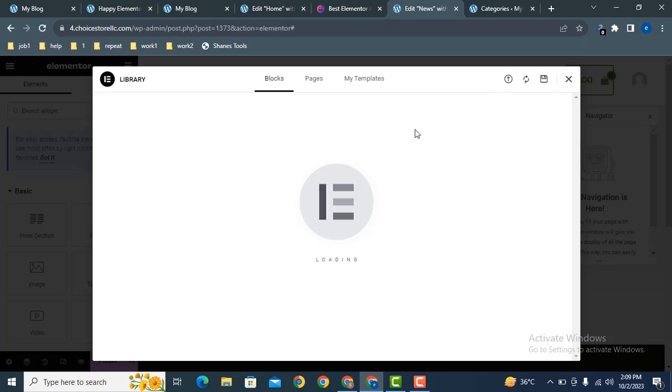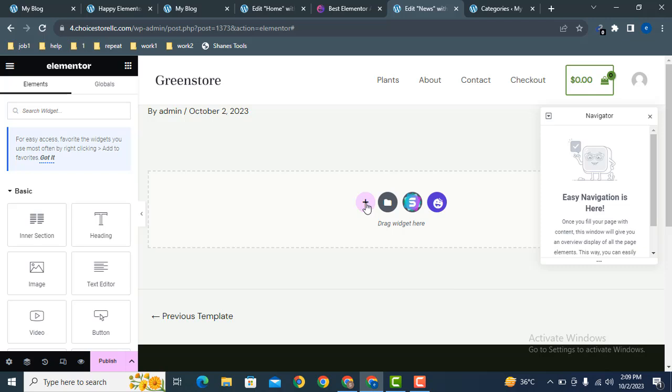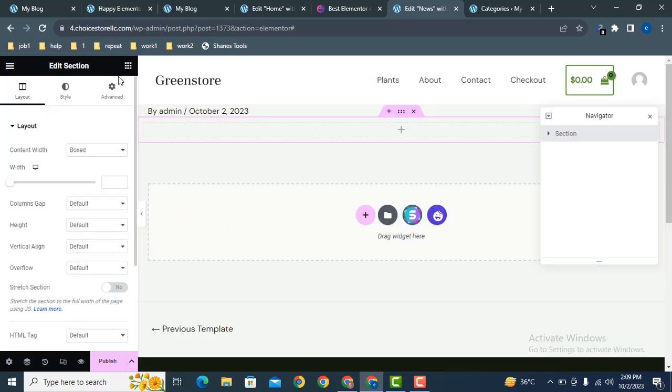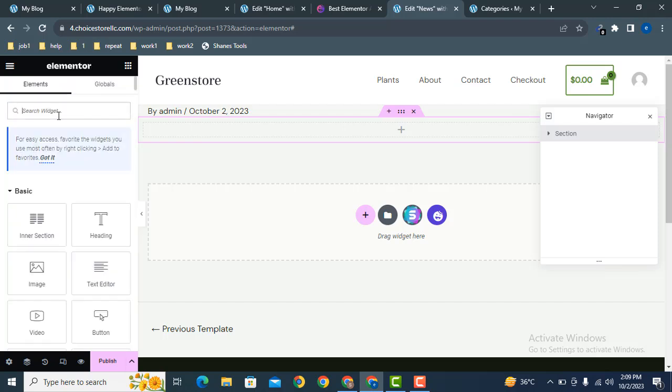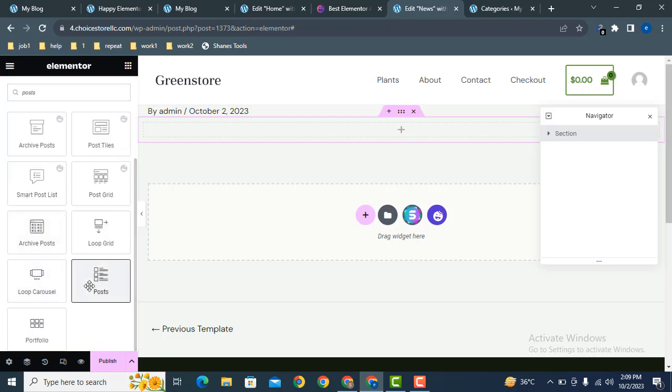Now here you can select pre-made layouts, but at this time we can add here a new section, then add element, search for post, scroll down, here you can see this is the element, just add here.